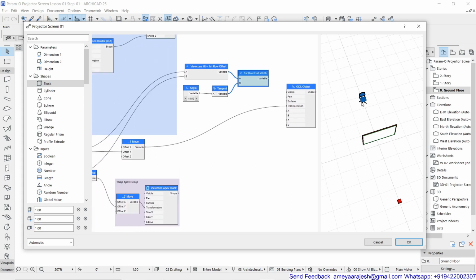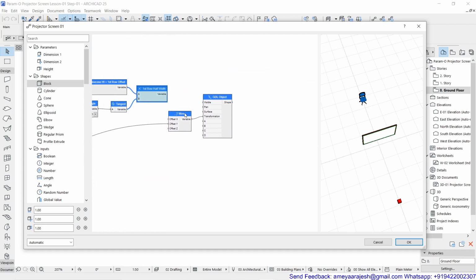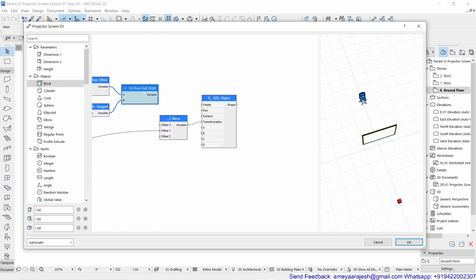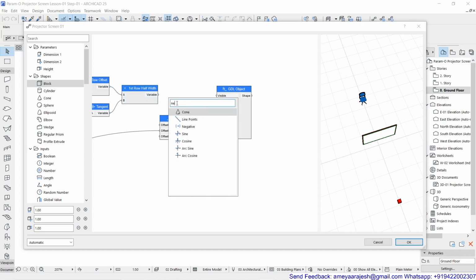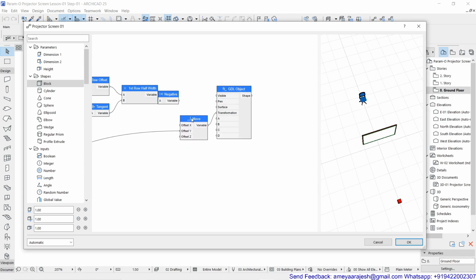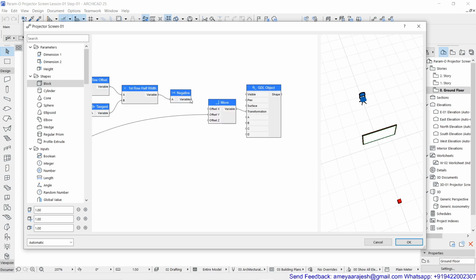So if I can move this on my negative x side, because on the y-axis already we have moved this, you should now remember that the way it was pushed on the y-axis, same way if I push it on the negative x, from that point my targeted row will start for its first chair to get placed. So for that you will again be converting this with a negative, and once it is converted into negative, this width, that value I'll use for my x offset. So you can see now how my chair is moved.